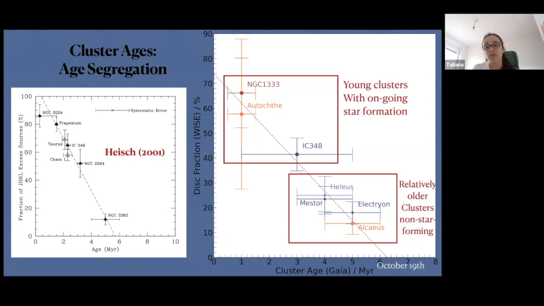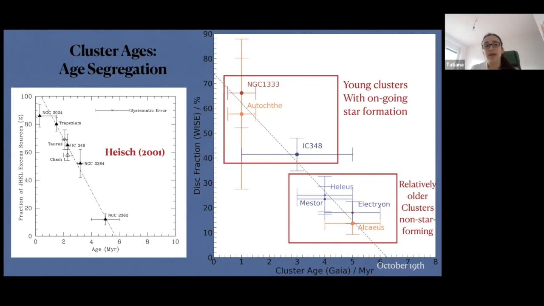But we also see this downward trend, which is really meeting our expectation, because we would expect the cluster, as it evolves, to have more and more of its members losing their disks. And this is, of course, not the first time we see this. The first who plotted a figure like this was Haisch in 2001, I believe, who did a similar analysis for clusters in different star-forming regions and also observed this downward trend.